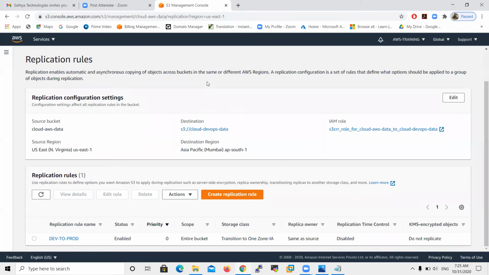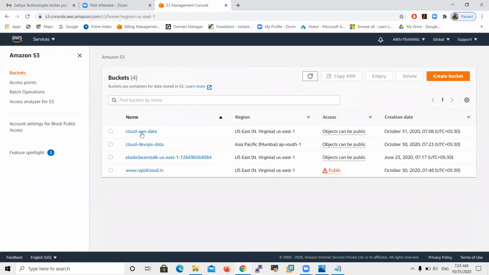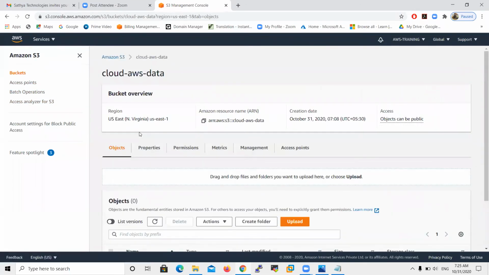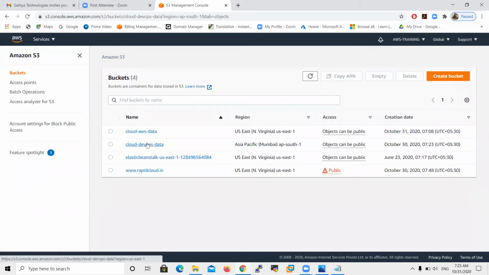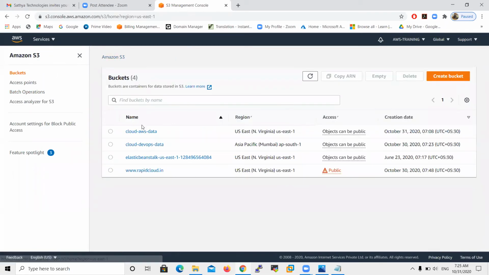Okay, it is fine. So now I will go to the source bucket, cloud AWS data, and upload a file. I will confirm again in the destination bucket, data here. Now I upload to the source bucket.